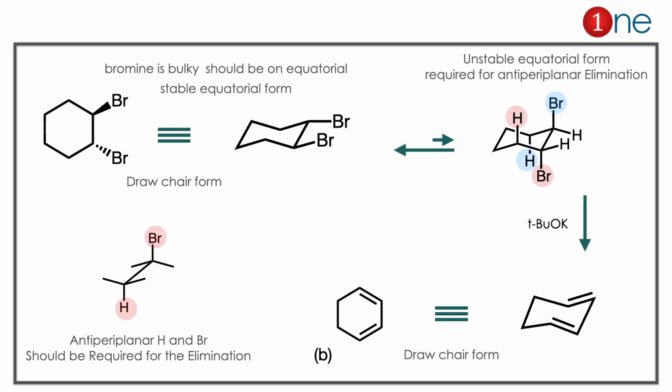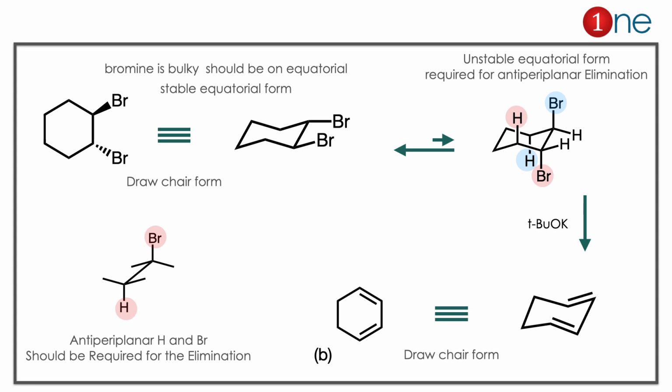You have the starting material dibromocyclohexane. If you redraw it in the chair form, the bromines come in the equatorial position because the equatorial position is very stable. But we are thinking of bromine elimination, so it should be drawn in the axial position. It needs a trans relationship for anti-periplanar elimination. So we draw the bromine with an axial bond. Where is the anti hydrogen available? On nearby carbons. So the elimination occurs, and both bromines can be eliminated in an anti-periplanar way.